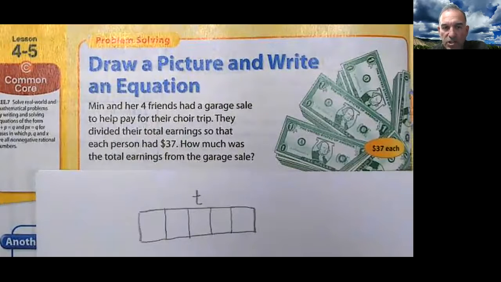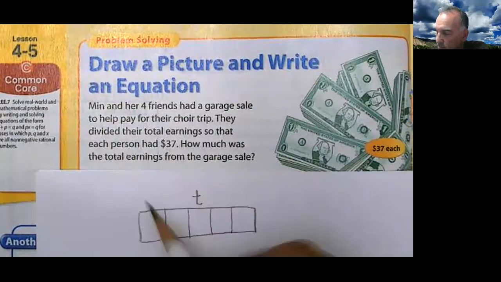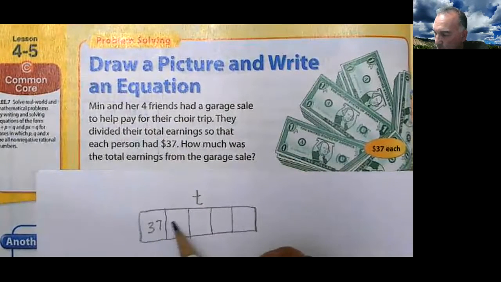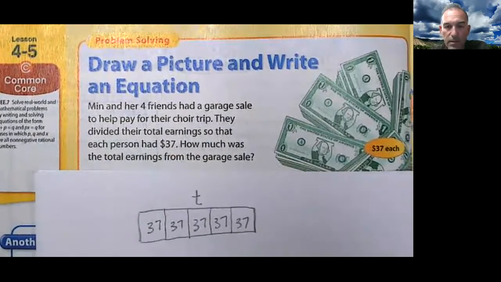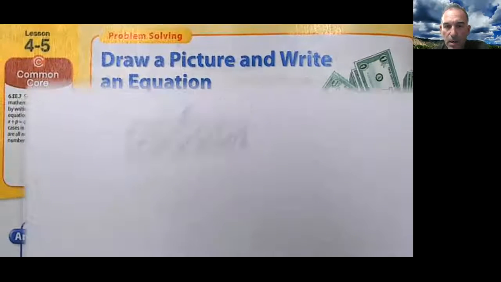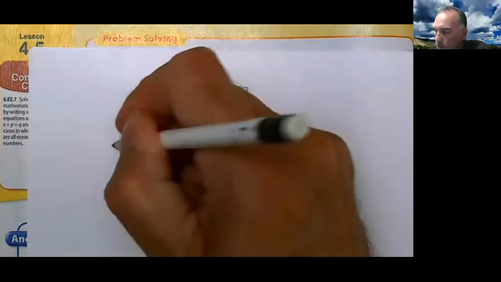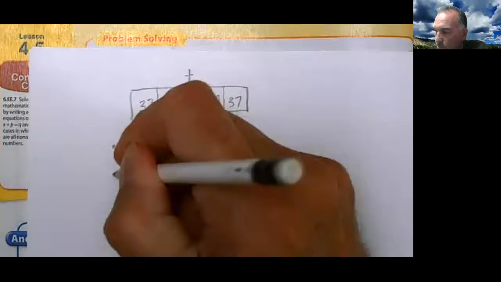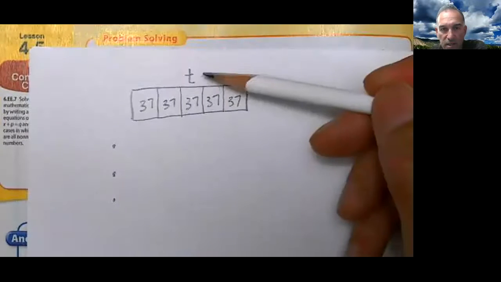How much do they each get? They each earned 37. Make sense? Okay, I'm going to slide this up. Then I want us to be able to write this